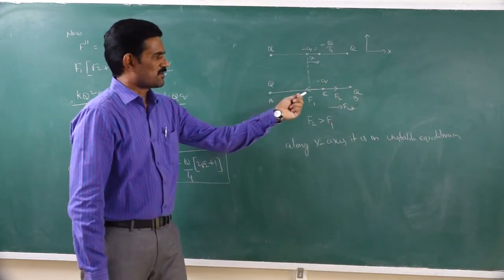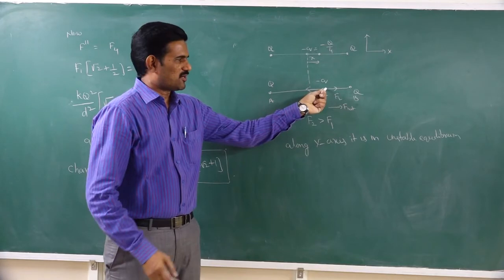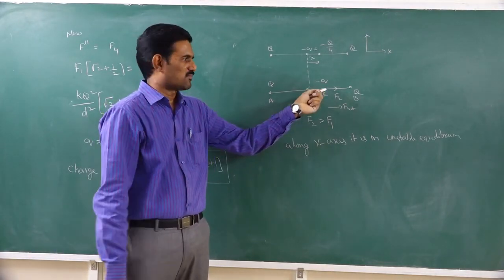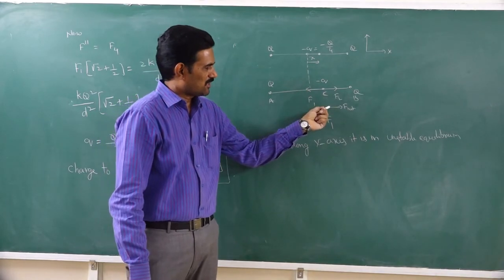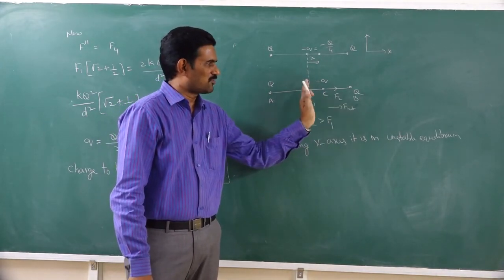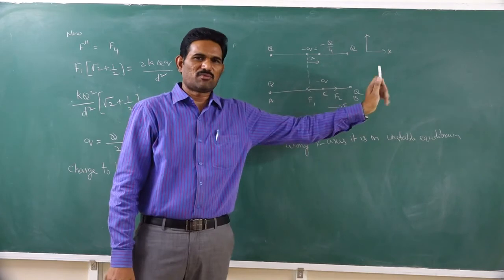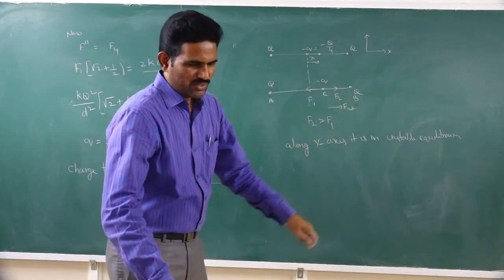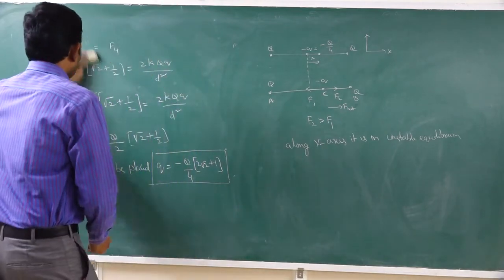We are displacing the particle slightly to the right and verifying the net force direction. Net force is in which direction? Here the net force we get is towards the right, which means the particle will move away from the equilibrium position, so we say it is unstable equilibrium. Now for the same configuration,